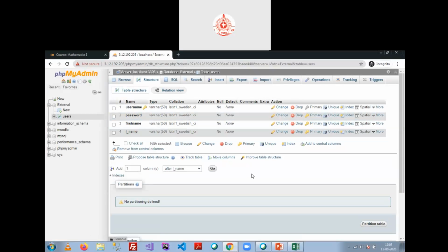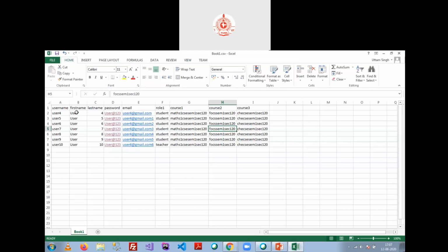Then it will create a little bit of panic, but you can do one thing. You can provide the first name and the last name as the name to the Moodle, because it requires both. Because I told you earlier that to create a user in Moodle, you have to define the first name and the last name. But mostly ERP systems use this. If your system is not doing this, then it will appear like user 4 and user 4 again. That's it.